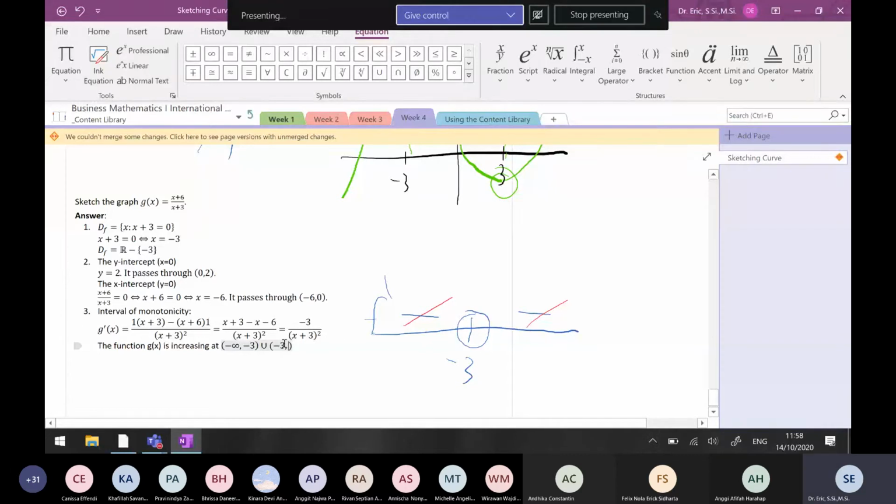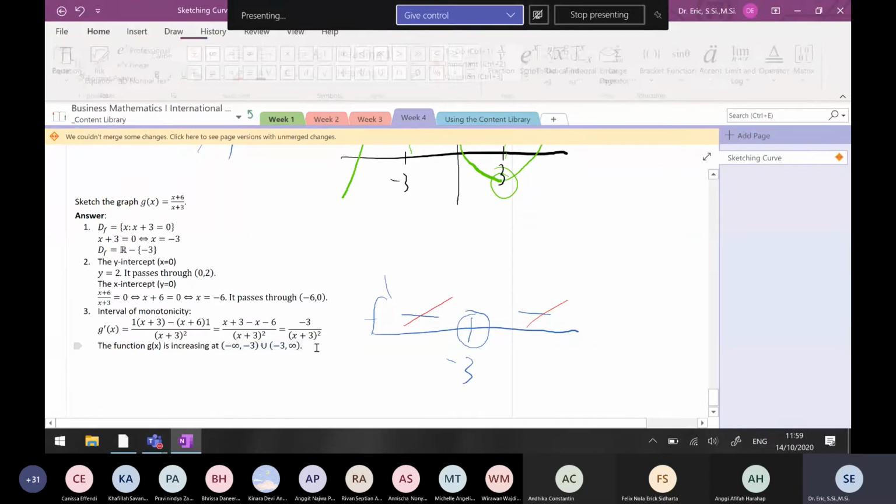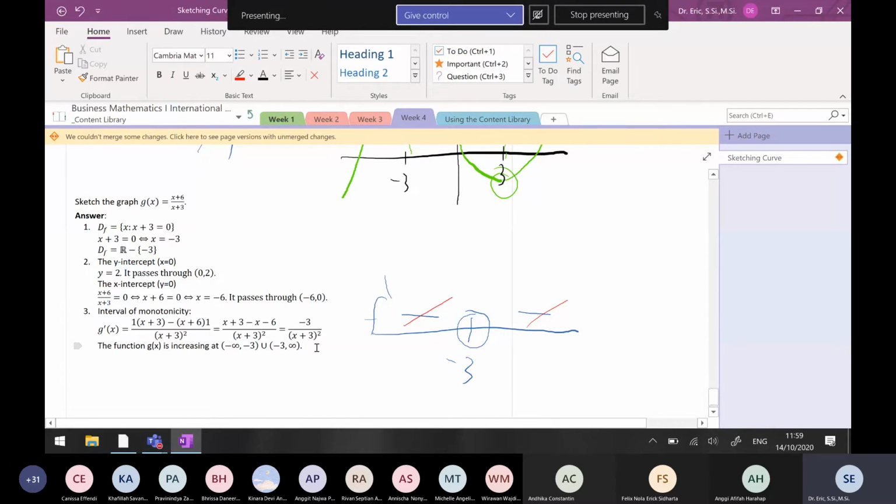If you substitute -3, g prime of x would be positive infinity or minus infinity. So we usually write it like this: minus infinity. So for this function g(x)...